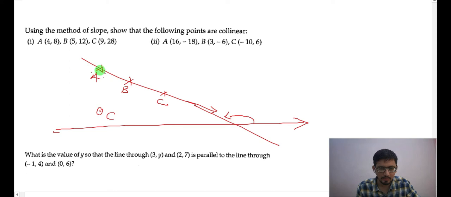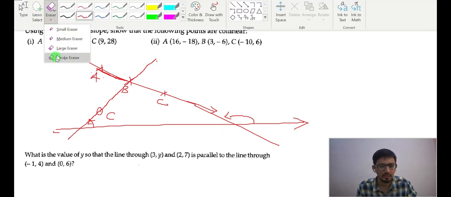So here the angle made by the line will be with the positive direction of the x-axis. If you find the slope using AB, you will get the slope of this line. And if A, B, C are not collinear, then the other line you will draw like this. The slope of BC, how will you find it? You will get this angle. That means the slope will change, very clearly. So if points are not collinear, you will get a different value of slope. And if points are collinear, any two points you take, AB, BC or AC, you will get one value of this slope.